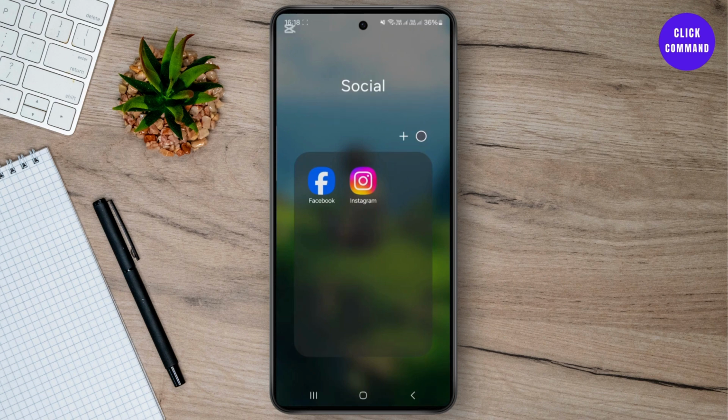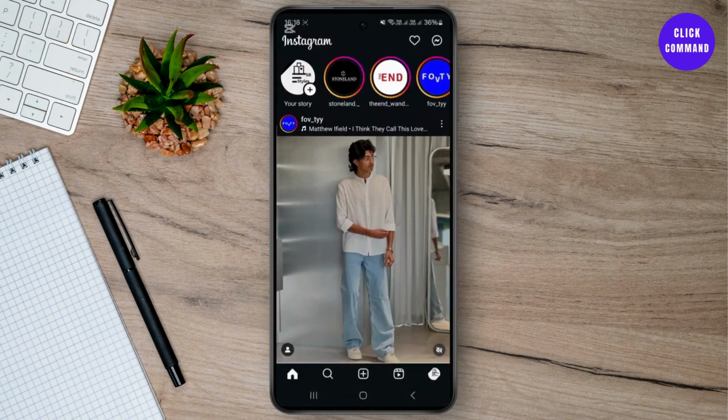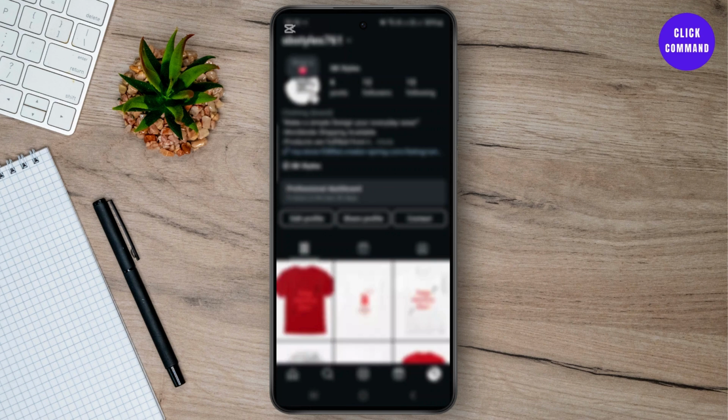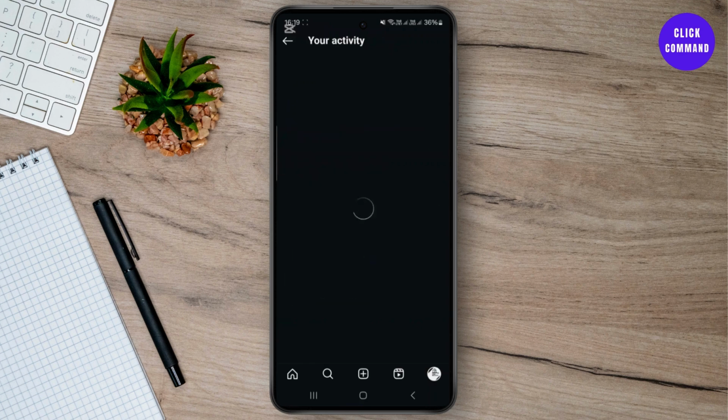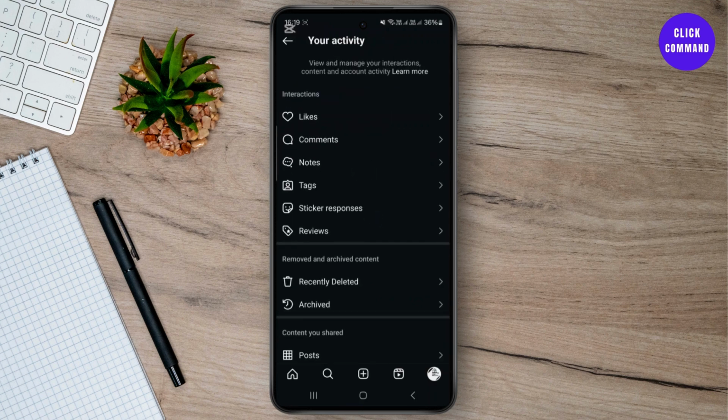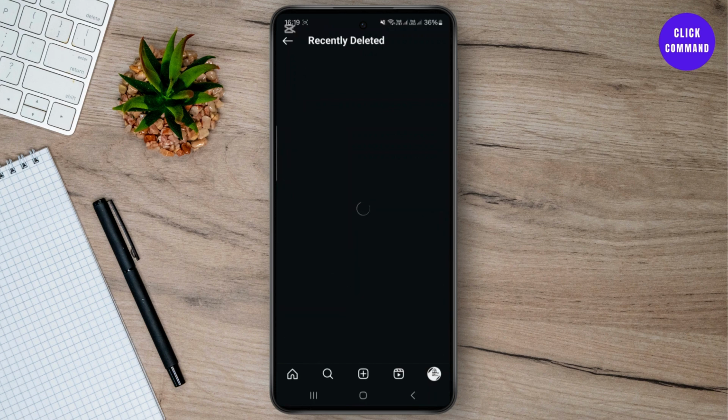In this video I'll be showing you what you can do if Instagram deleted your post or if you accidentally deleted your post. So the first thing you want to do is simply head over to your profile section and just tap on this three-dot hamburger icon at the top right corner, and from here just click on this your activity section, and here you might have accidentally deleted your post,